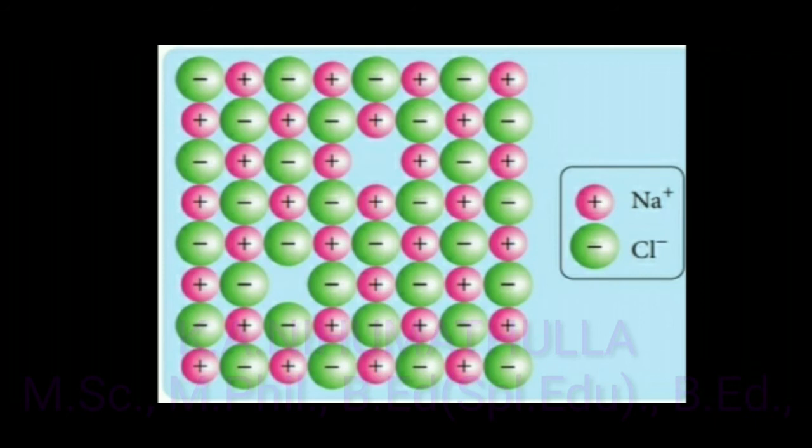If more cations and anions are missing, it lowers the density of the crystal. For example, if 5 Na plus ions and 5 Cl minus ions are missing, it affects the density of the sodium chloride crystal. We are going to see one example in which the calculated density of one crystal is affected and compared with the experimental density values.